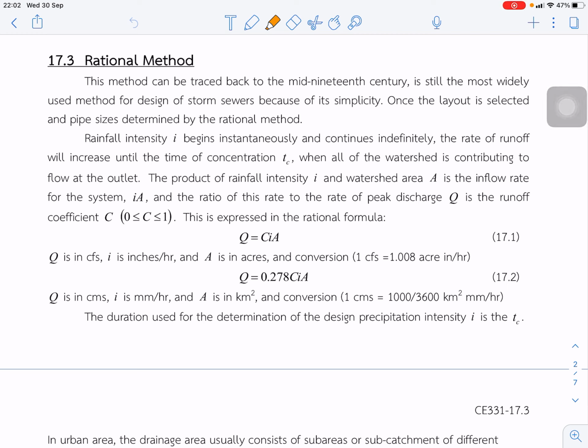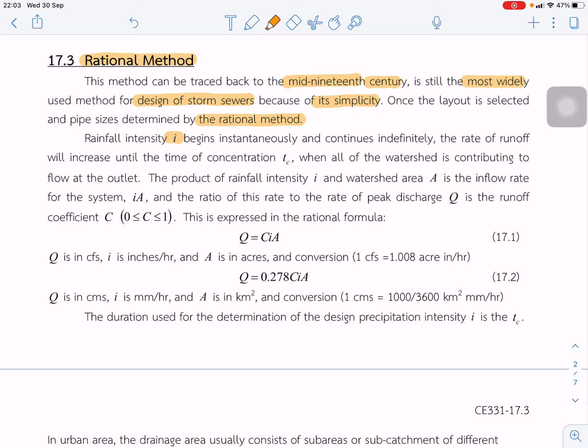The next section for drainage is the rational method. This method can be traced back to the mid-19th century and is still the most widely used method for design of the storm sewer because of its simplicity. Once the layout is selected and pipe size determined by this method, rainfall intensity I begins instantaneously and continues